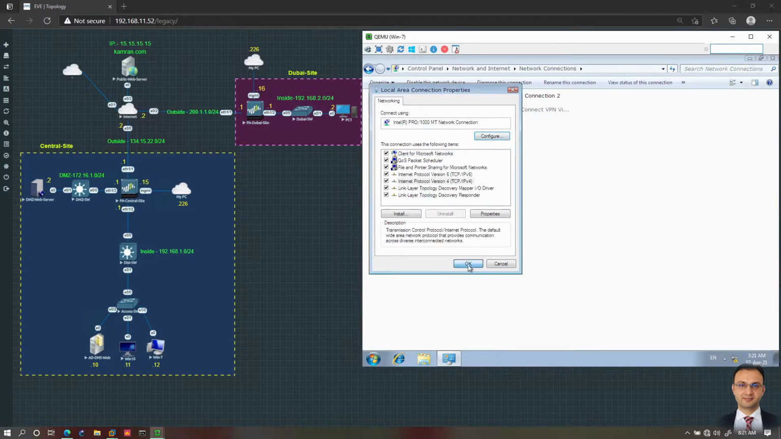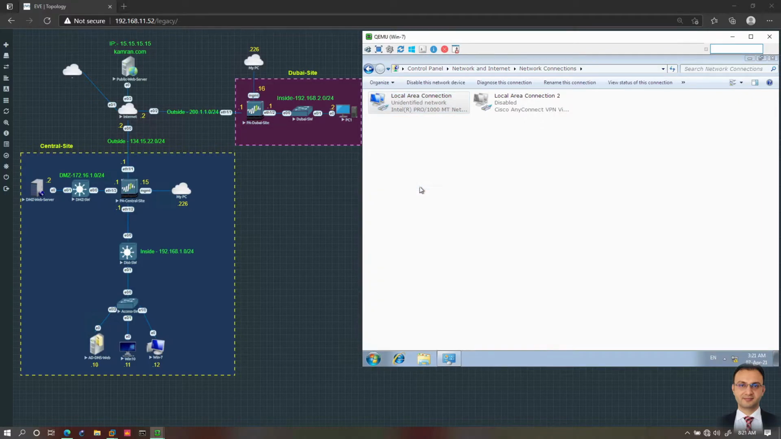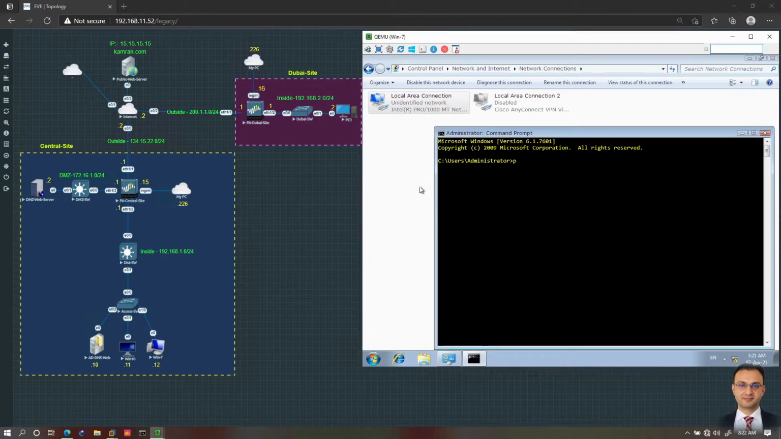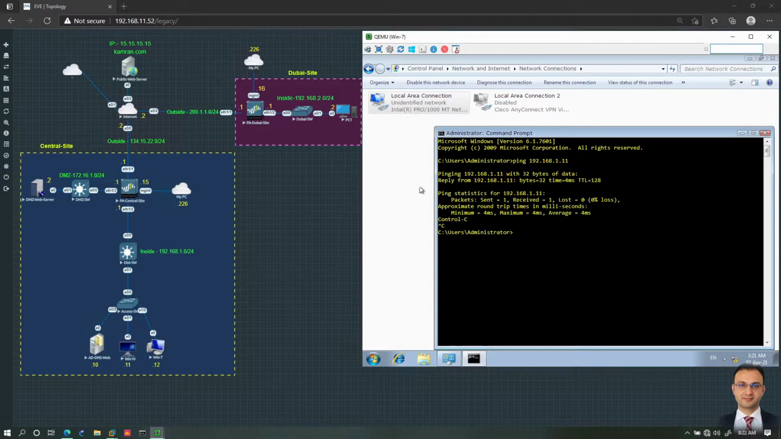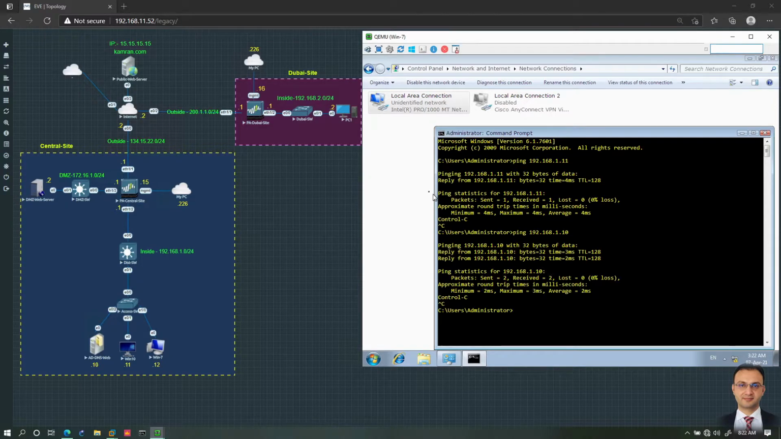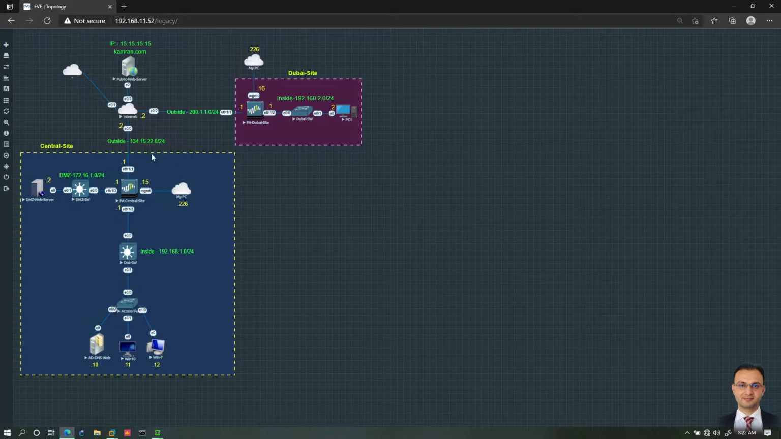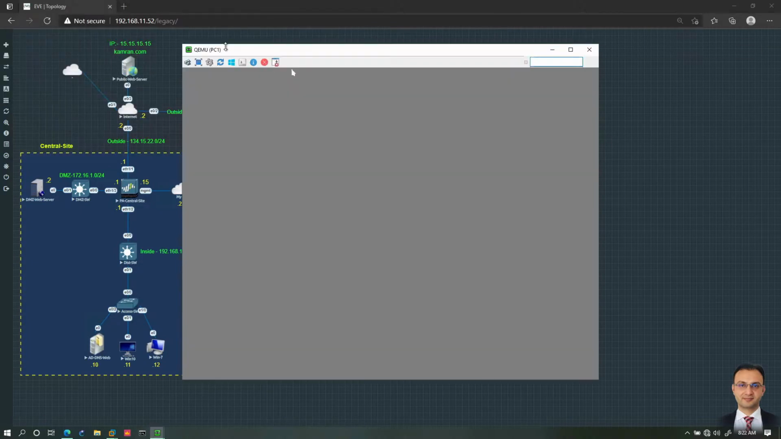Okay, and let me ping 1.11 and 1.10, so I can ping the client Windows 10 and also the Active Directory. So let's go ahead and assign IP addresses. Let's assign to my Dubai site this PC1,